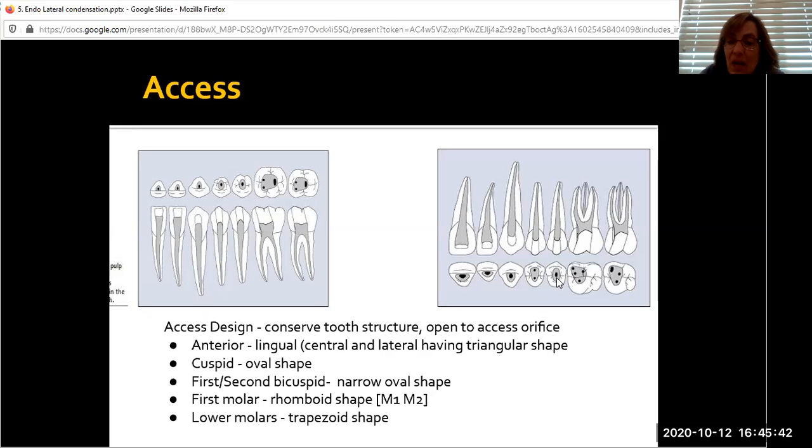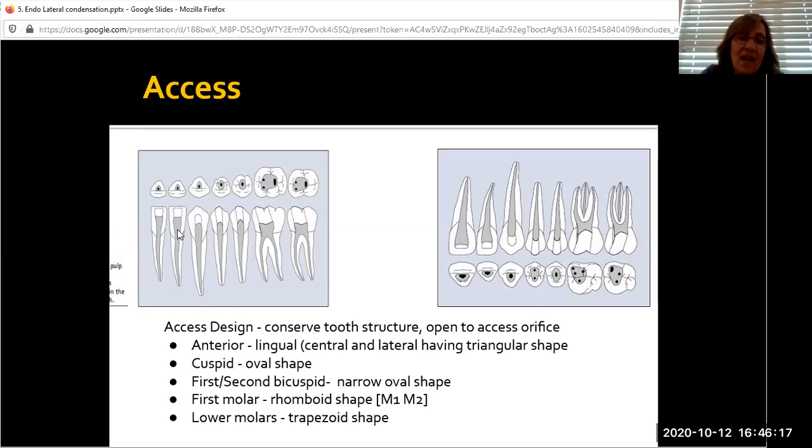Then you have your second bicuspid. It has an ovoid shape. You have your first upper molar. This is a tricky guy. He may or may not have two mesial canals. It's called mesial 1, mesial 2. And they are normally in a straight line with the palatal canal, and then the distal buccal canal is off to the side. The first and second upper molar have a rhomboid shape